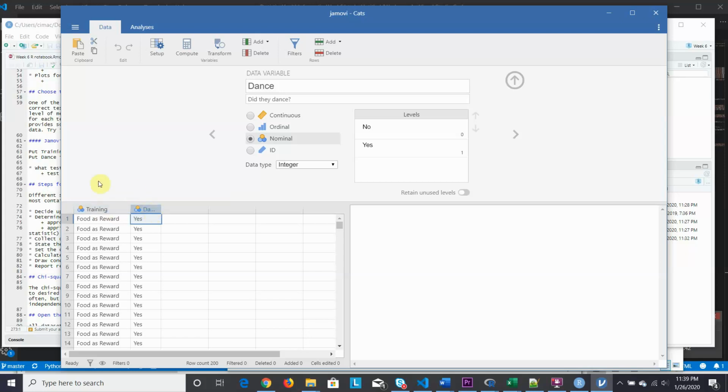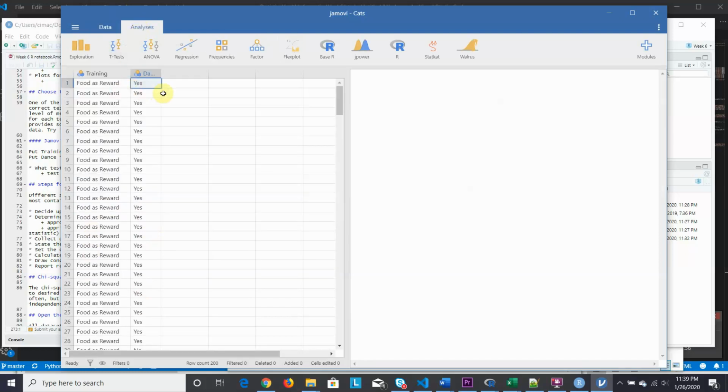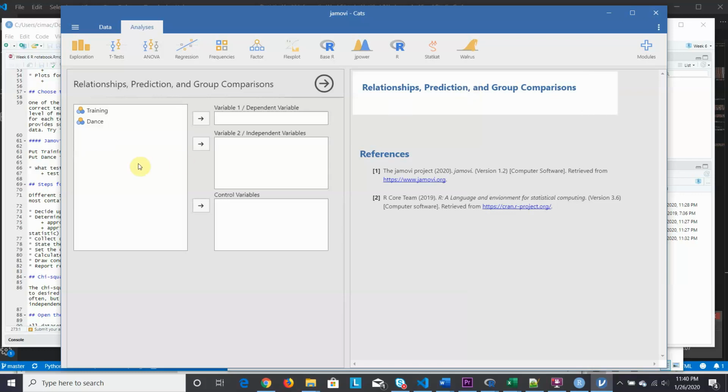They're both nominal and they're both dichotomous. There's two possible results for training and there's two possible results for dancing. So here we have two categorical variables, and we're going to see what kind of test we can do with that. So relationships, prediction, and group comparisons, we're going to go ahead and pick relationships, and